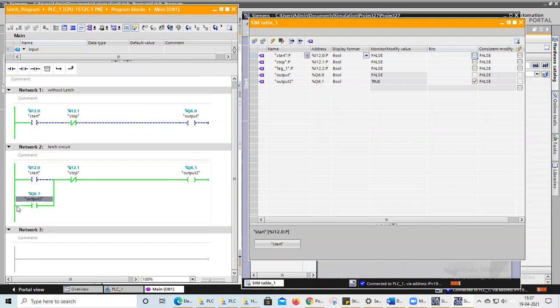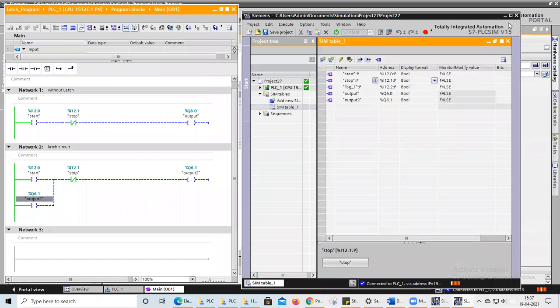Okay. In order to stop this kind of circuit, we need to use a stop switch. Once you click on the stop switch, the complete circuit will be halted. Okay. In this way, the latch circuit will function. We have so many applications for latch circuits, and in most ladder circuits we use latch as the prime thing for starting and stopping our circuits. Okay, regarding this latch application, is everyone clear?